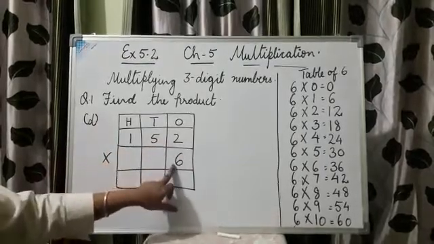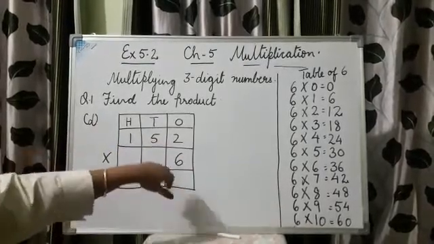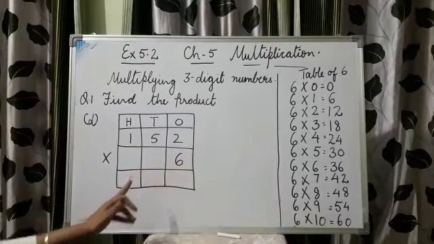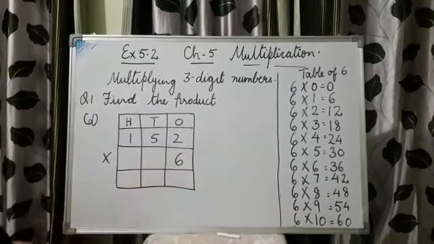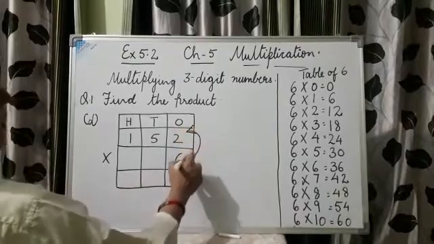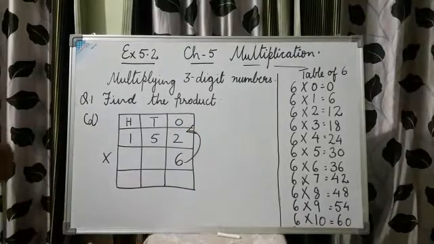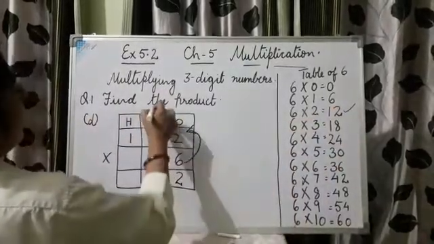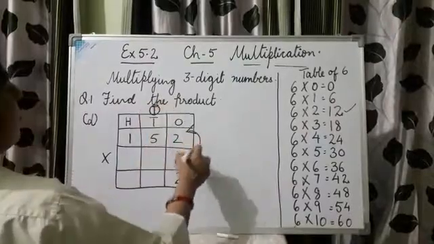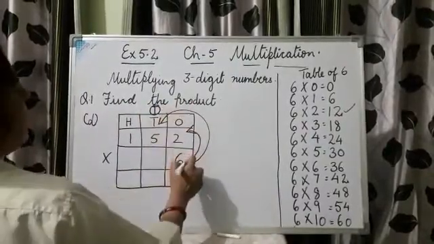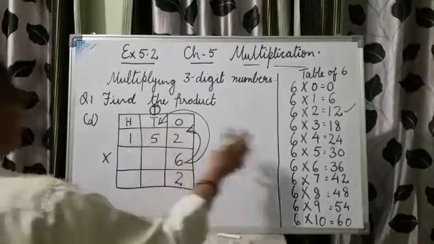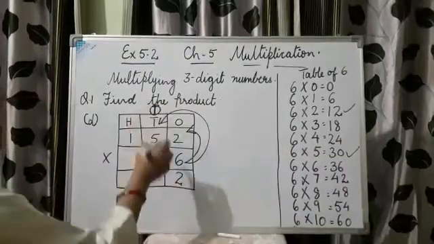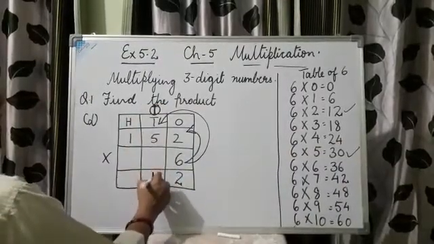So students, let's solve one more sum of the same question, that is the D part. 152 multiplied with 6. Again, we have written the 6 table here so that it is easy to solve this sum. Now, first the ones digit is to be multiplied, that is 6 multiplied with 2 is 12. 6 2s are 12. 2 here and 1 carried to the next place. So, 6 multiplied with 5. 6 5s are 30 plus the carried digit, that is 1. 30 plus 1 becomes 31.